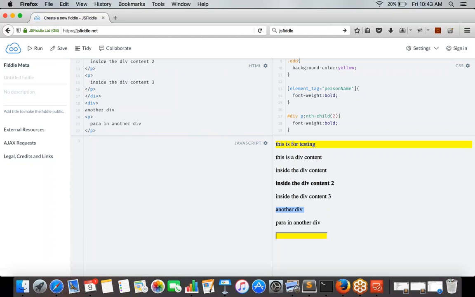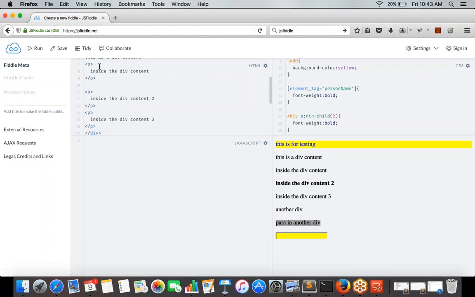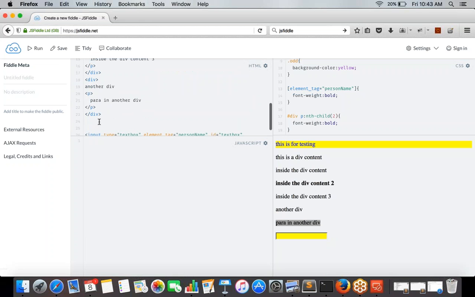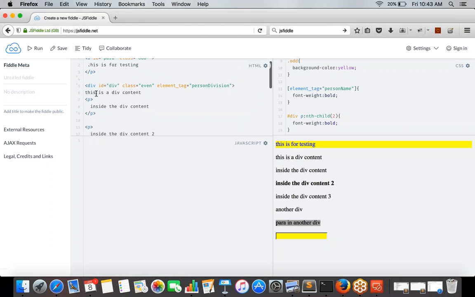Okay, so this is another division, and this is a para inside another division. Now if you see, there are two divs, but what I did is I want to highlight this particular para alone. So I see this div, and there are two divs, but this particular div has an ID called div. So we'll rename this to